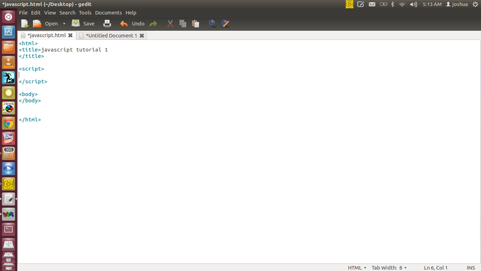So the first thing I want to show you, because there's a few things that will work right off the bat in JavaScript. And it's similar to other languages like C#, where if something is inside a method, you have to call that method for it to work. But there's certain things that just work right out the gate. So the first one I'm going to show you is document.write. And this is almost like the textbox.text that we've done before in other languages. It just writes something to a document, which in this case happens to be a blank page. So this will create a blank page anytime document.write is called, and then it'll write out whatever text we put in. So this one we're going to put hello